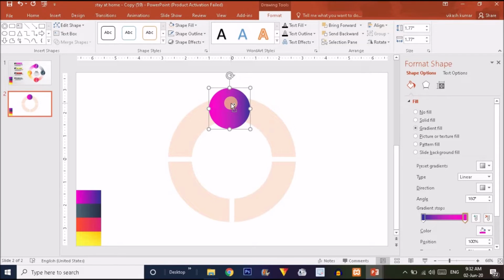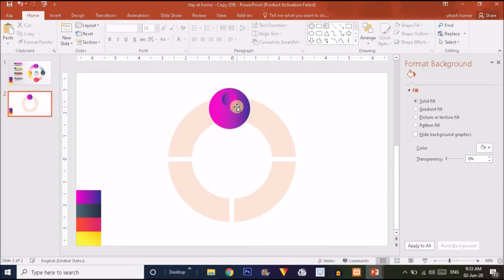Now I'm going to press Ctrl D to duplicate this circle one more time, and pressing Ctrl Shift together, drag it inward to make it smaller like this. Before putting this smaller circle over the bigger one, you just have to alternate the gradient effect. You just have to alternate these two handles like this. And now when you put this over here, you will find a depth-like effect. It's very simple and you can create it very easily.